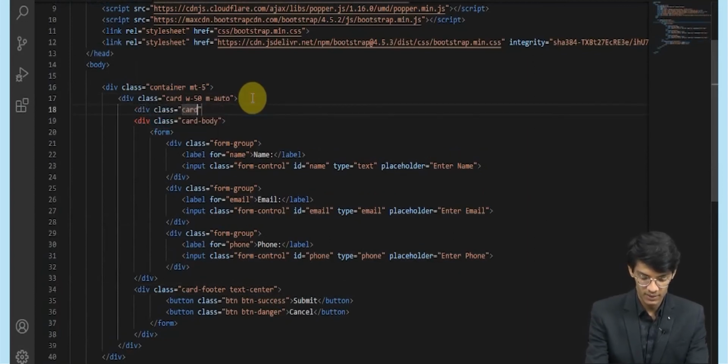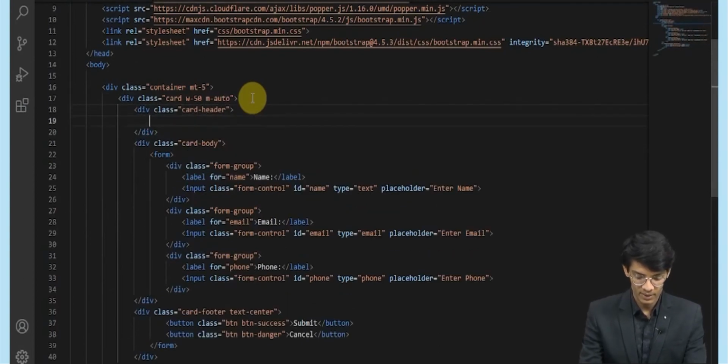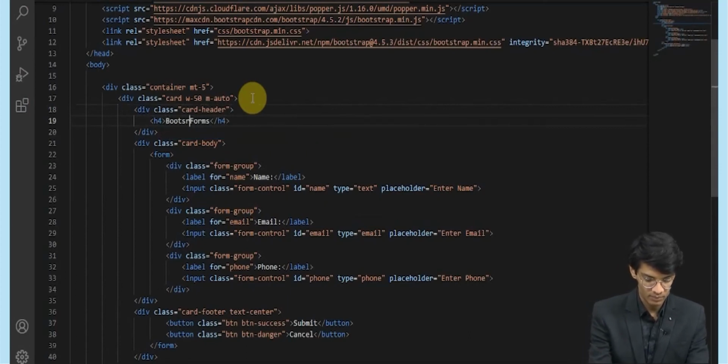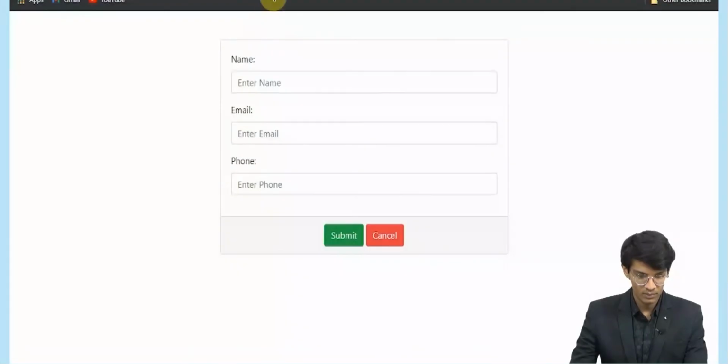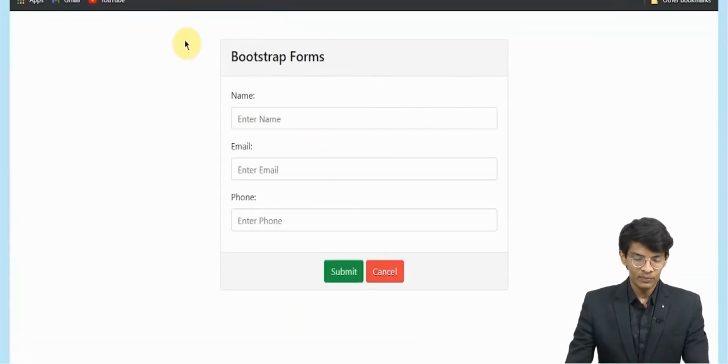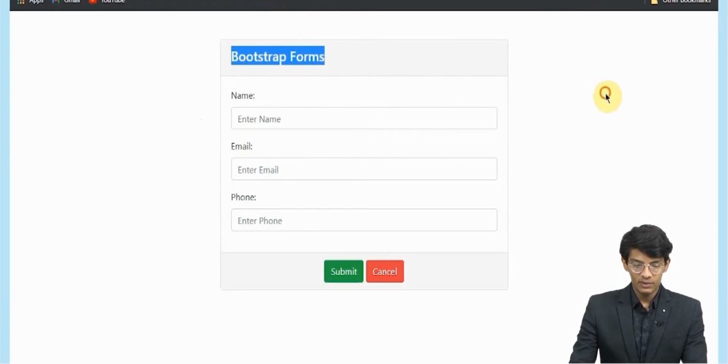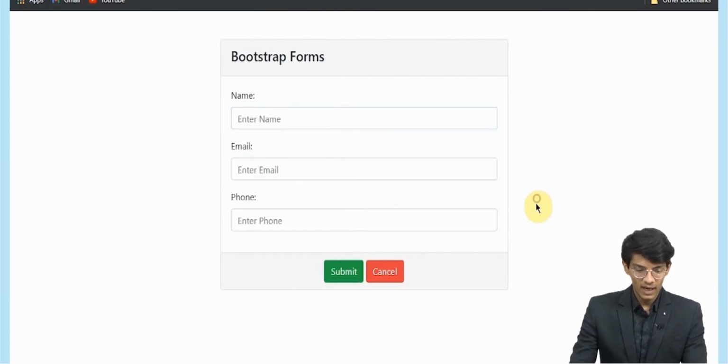We'll get a card header, and inside that card header I will write an h4 tag. So we got the Bootstrap form like this, and with the buttons also.